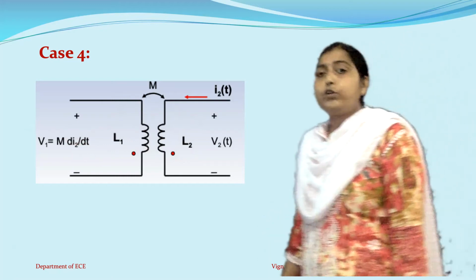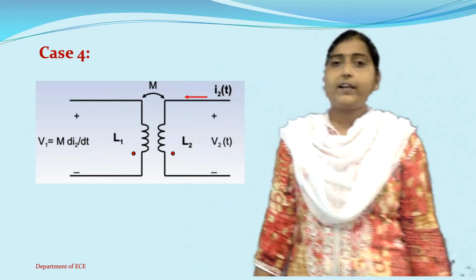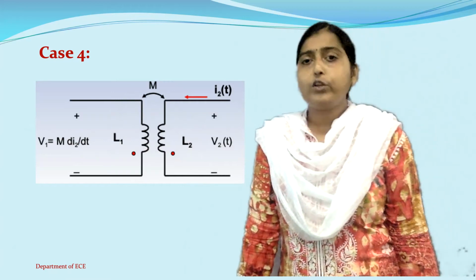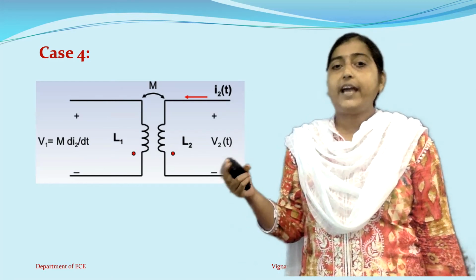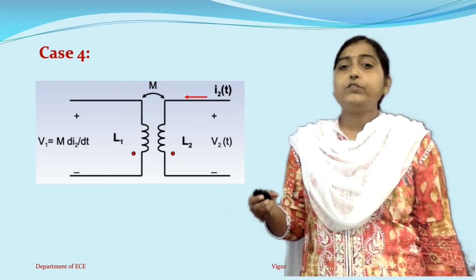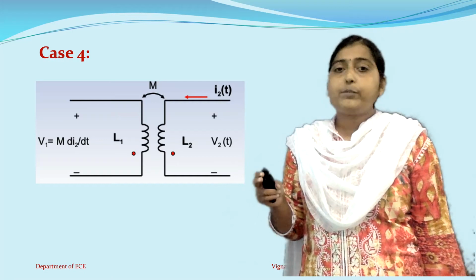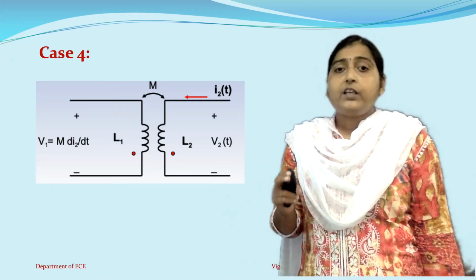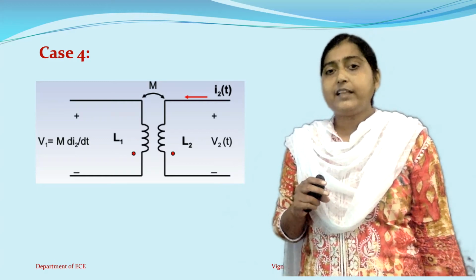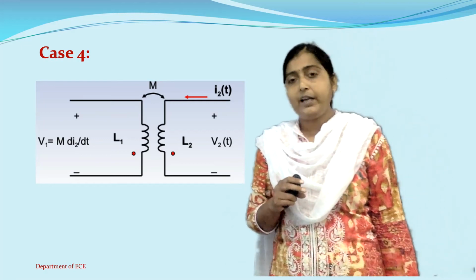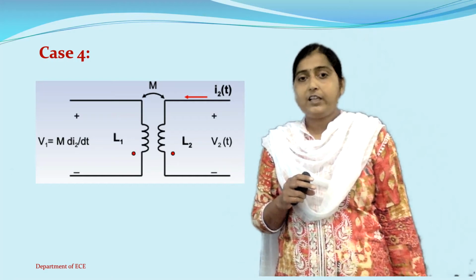So what we conclude from the dot convention is, if you place the dots such that the currents in both the coils are entering, or both the coils are leaving, then we consider the mutual inductance polarity as positive. Otherwise, the polarity of the mutual inductance has to be considered as negative. This is the concept of the dot convention, and once we decide the direction of the dot convention with respect to mutual inductance, the analysis of the circuit becomes very simple and we can simply apply the mesh analysis concept to analyze the magnetically coupled circuits.